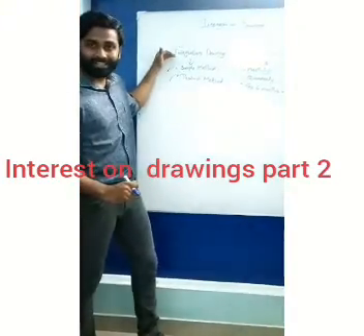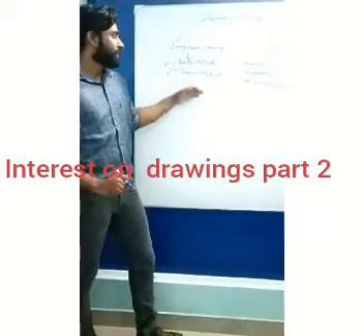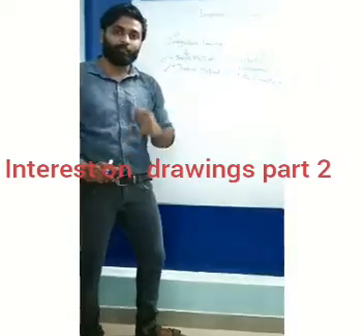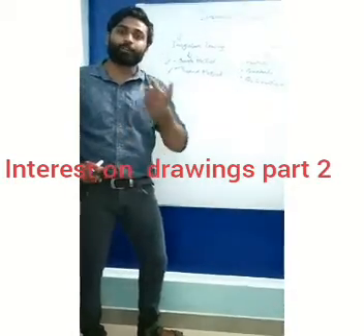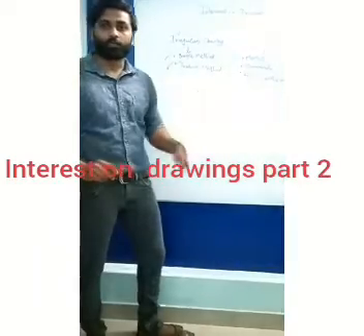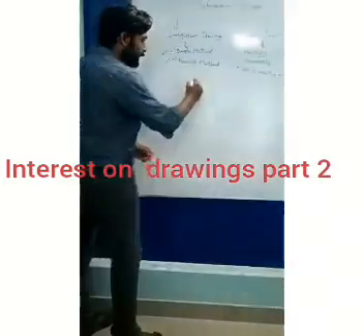When the drawings are irregular, we can calculate by simple method as well as product method. Now I am going to discuss how interest on drawings can be calculated when the drawings are made at regular intervals. The regular intervals can be monthly, quarterly, or for 6 months only. So in the case of monthly drawings,